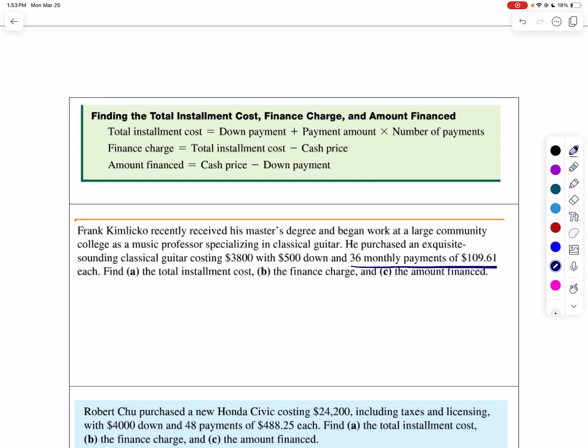So we're going to figure out for part A the total installment cost is the $500 that he puts down plus the 36 monthly payments of $109.61. And we can just type that right into the calculator using our parentheses, and we're going to get